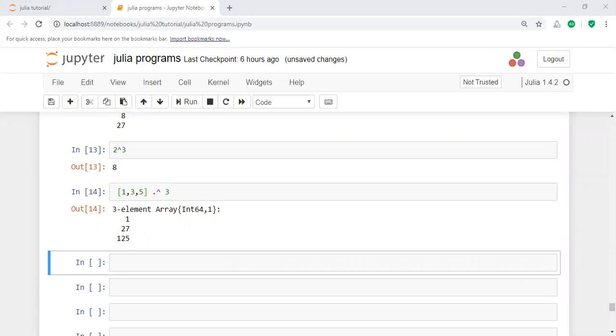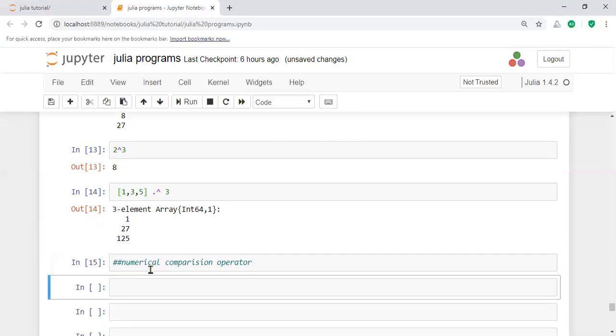And then numerical comparison operators are there. Here you have different numerical comparison operators. What are the numerical comparison operators here?